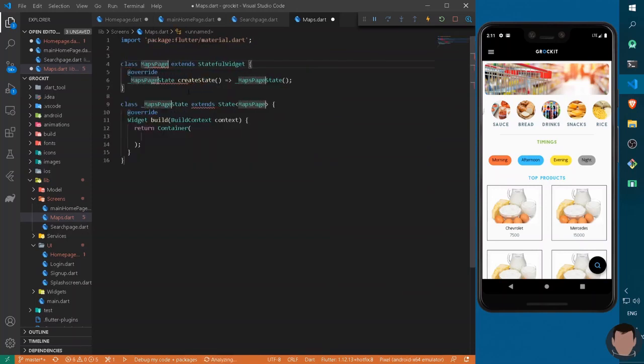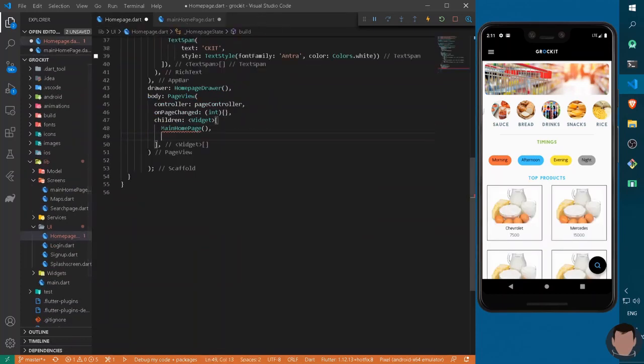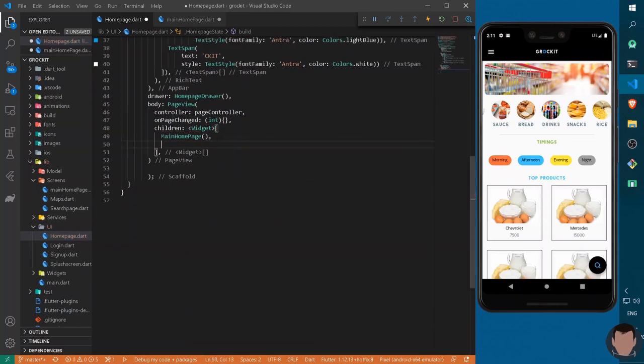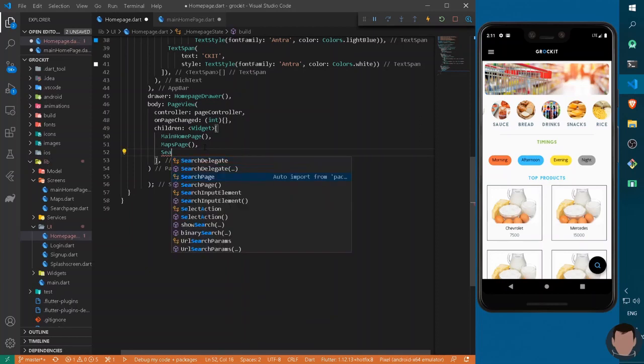Let's name it map page. It will similarly return a scaffold which will have a body of container. Cool. Now let's close them, and here let's import our main home page as well as maps page, and similarly a search page.